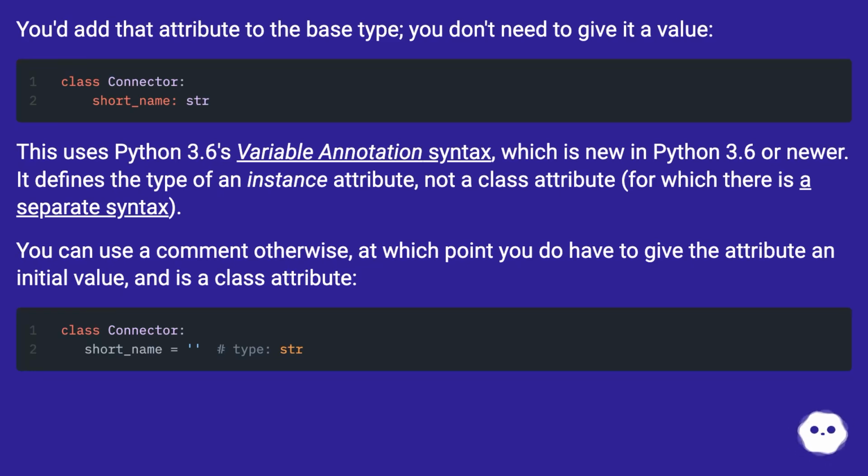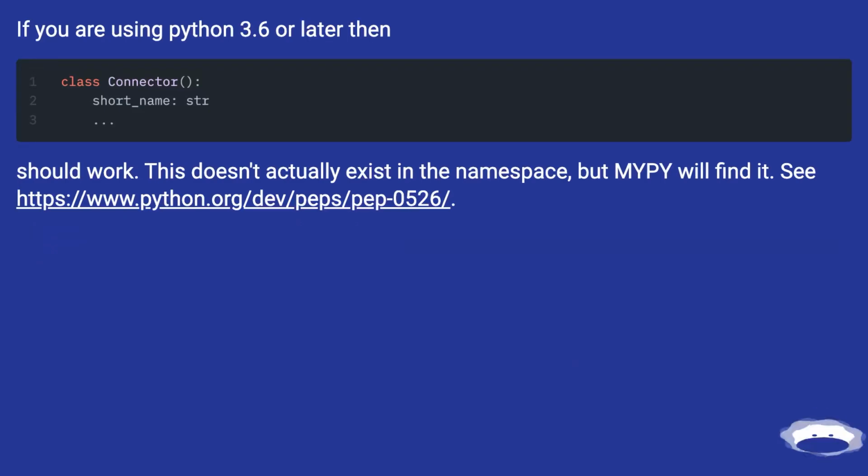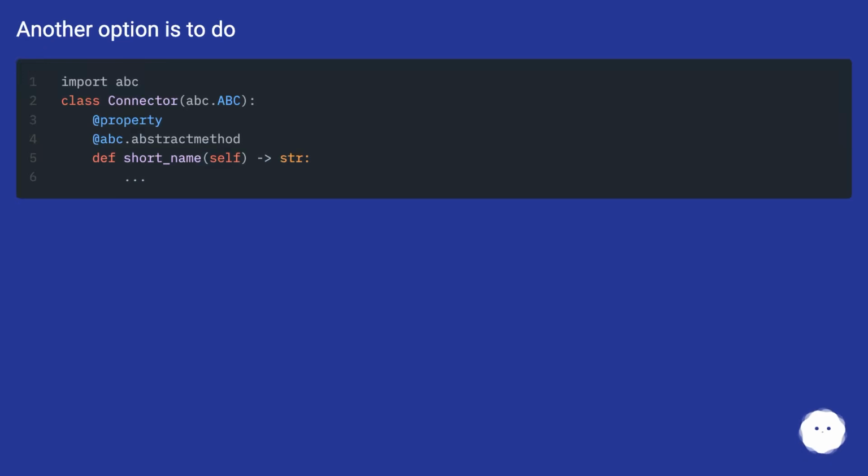You can use a comment otherwise, at which point you do have to give the attribute an initial value, and is a class attribute. If you are using Python 3.6 or later then, should work. This doesn't actually exist in the namespace, but Mypy will find it. See this URL. Another option is to do